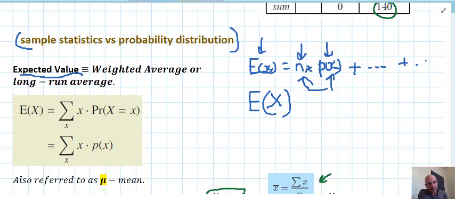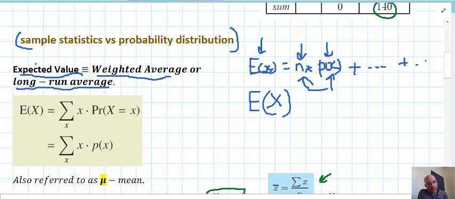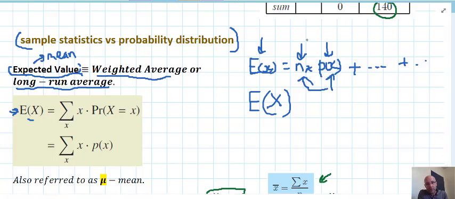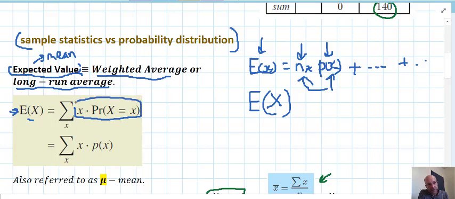So that's called expected value. It's like a weighted average, or it's like a long run average or a long run mean, and basically it's very similar in meaning to the mean. So if you say the mean, you can basically also say expected value when we're looking at probability. Using the preferred notation, expected value, or E of x, is sigma of x, we sum from all possible values of x the product of the probability times